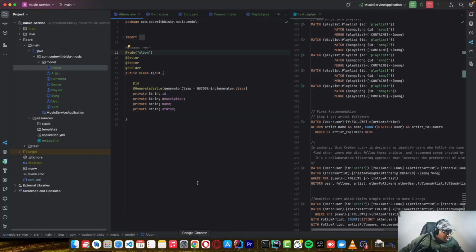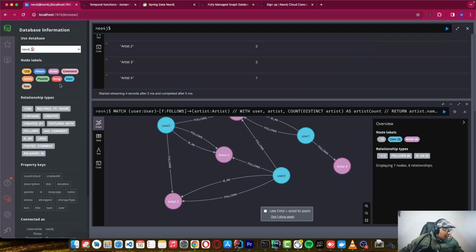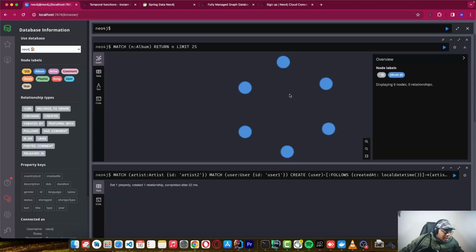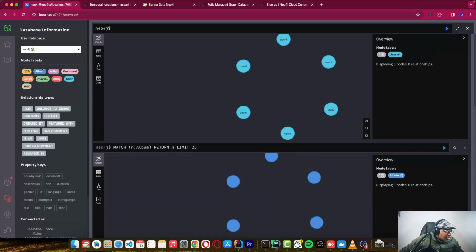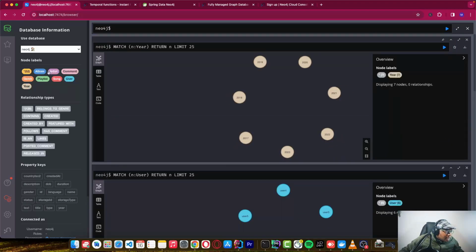So all these classes are converted to nodes. These are the nodes that you are seeing. If I just run this, you can see these are the nodes for an album, and their labels here. So I have created these nodes that we want to use in our application. We can add more nodes as we develop